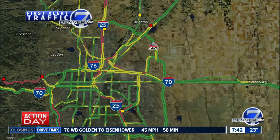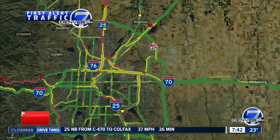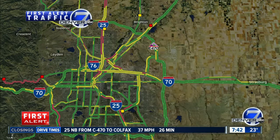So, Stacy, this is what we got. A colorful map. Fortunately, I'm not seeing a huge number of accidents. That could change, because we've got a good two hours before the commute ends. Yeah, and you mentioned that